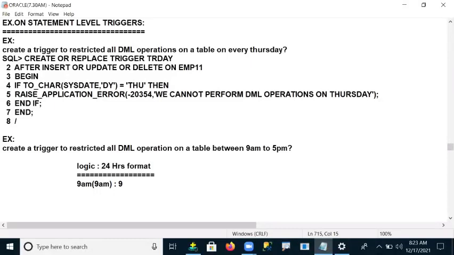So 9 a.m. runs from 9:00:00 to 9:59:59. Okay, now can you tell me, guys, can I say this time period comes under 9 o'clock?